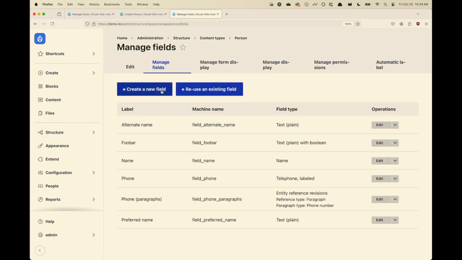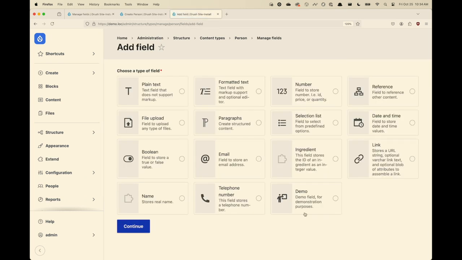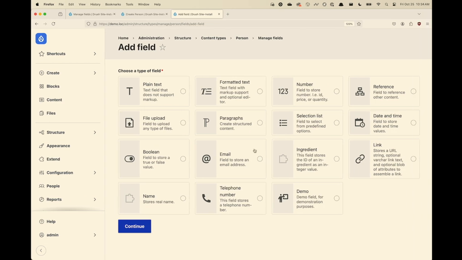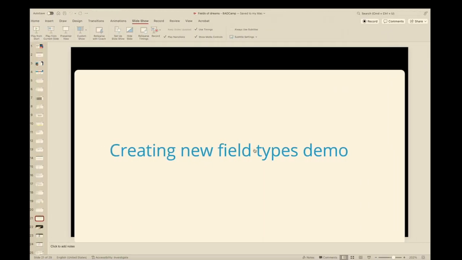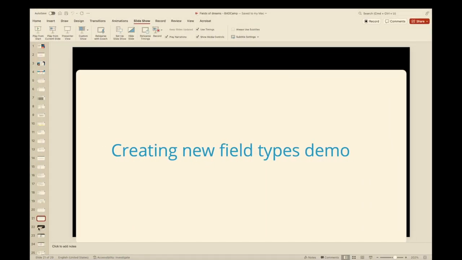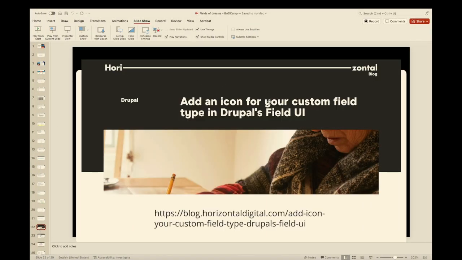One thing that you may have noticed here in the demo is that this has a custom icon, and I added this for this demo. There is a good article that shows you how to do that: Add an icon for your custom field. I just followed the instructions in this article. There's the URL,